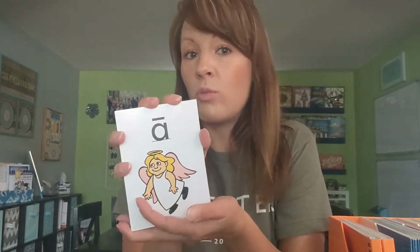And you'll continue to use these cards pretty much every day just to get that repetition until there was one point where we didn't even use the recording anymore. And I helped my kindergartner sing along, and then he would say the letter name and the sound that it made. The second set of flashcards